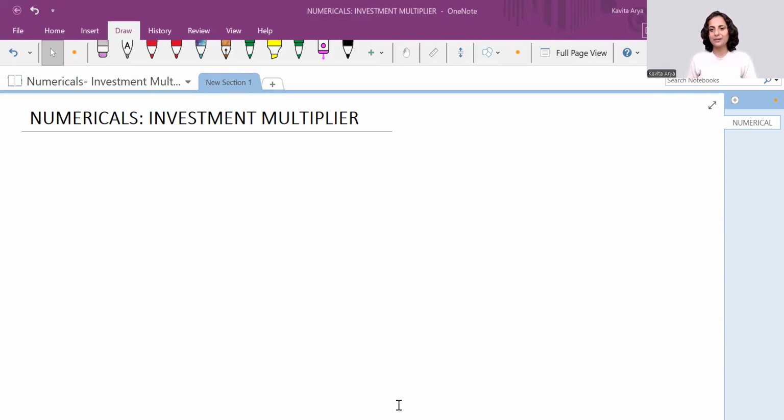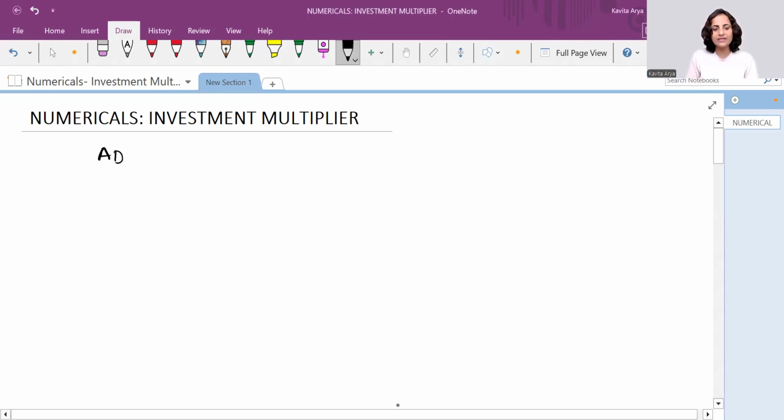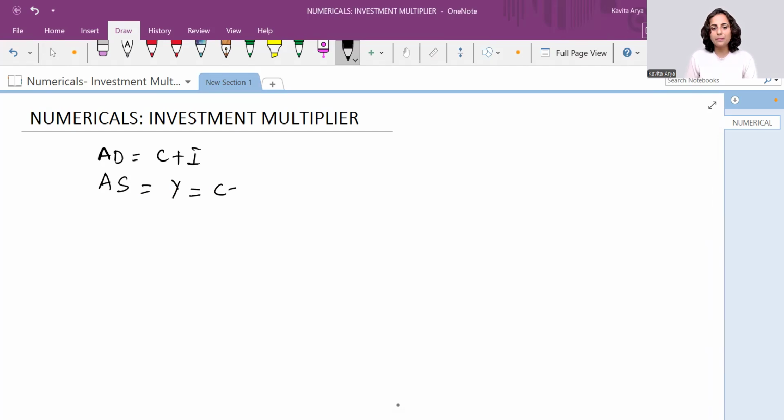So let's begin. Before touching any of the numericals, I'll try to jot down in a minute all the formulas which you are required to understand and use for the later module. So here we begin, and the chapter began with the concept of AD. AD is equal to C plus I because we are talking about the two-sector model. Then AS was equal to Y and Y was equal to C plus S, means income is either consumed or